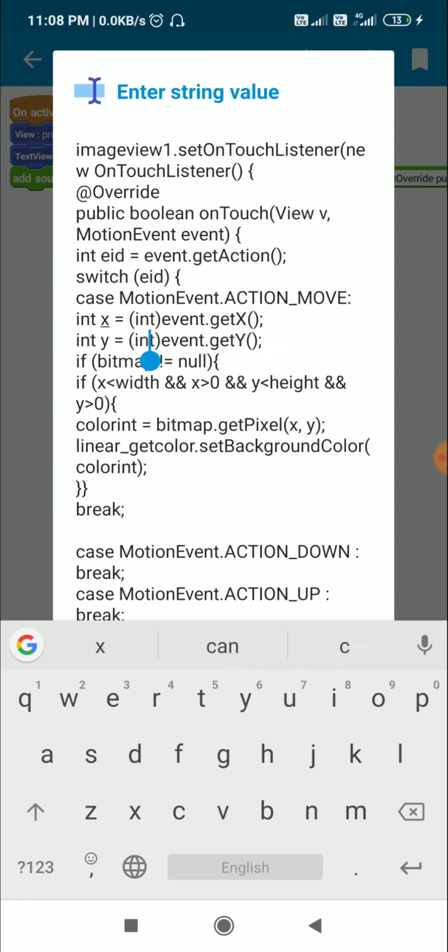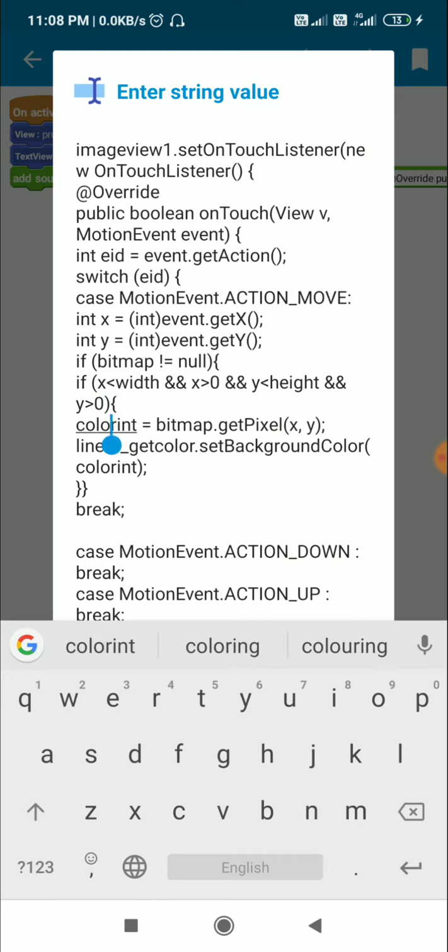X and y indicate the touch point. If bitmap is not equal to null, and if x is less than the width of the image and x is more than 0, and y is less than the height and y is more than 0, this means that the touched point is within the image.